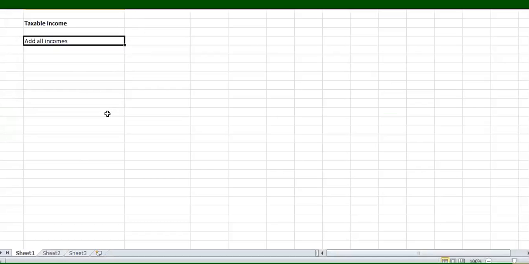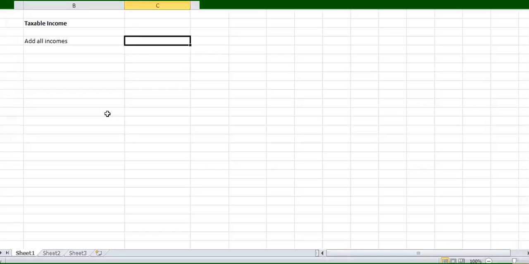So there may be multiple types of incomes. Maybe an individual is earning interest. Maybe an individual has employment income. Maybe an individual has rental income. Maybe an individual has trading income. So there are multiple types of incomes. So we will add all incomes of an individual